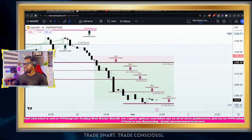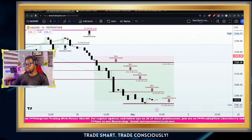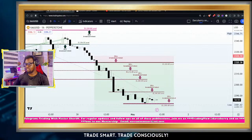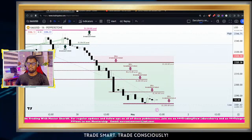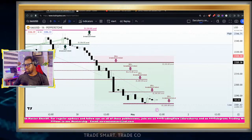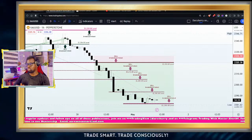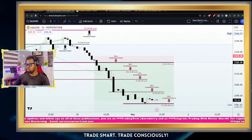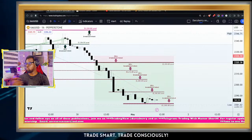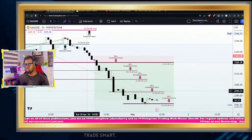Sorry for that break. So the XAUUSD has been the most profitable asset on our watch list for this week so far, as we currently have a minimum of 5 active sell positions running at a total profit of over 800 pips. And for those of us who were part of this profitable journey, well done and kudos to you. So let's quickly run through what really happened this week, what led to the decisions we made to sell the